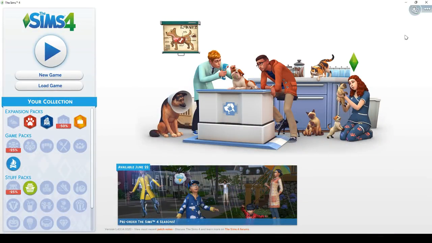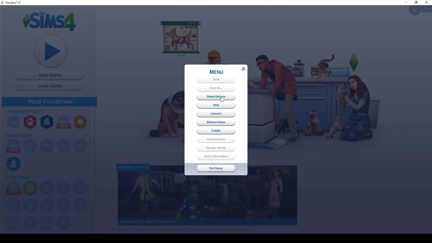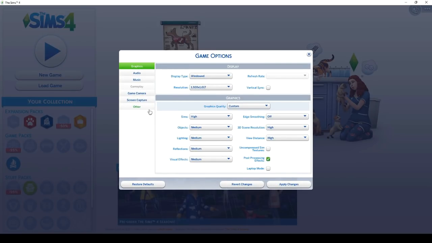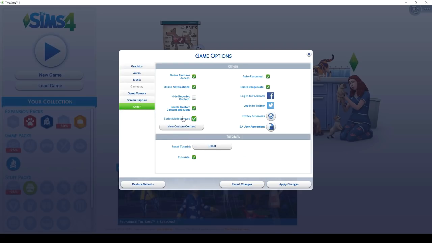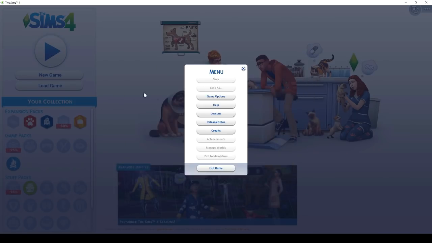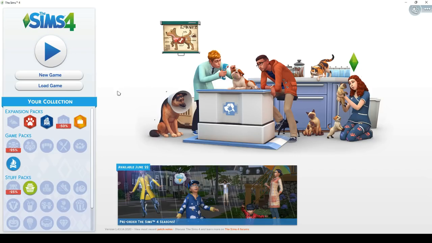How exciting. Okay, so I've loaded up my game here. I'm going to show you guys that setting that I was talking about. If you open up your settings and go into other, enable custom content and mods and script mods allowed. Those are the two that you need to make sure are on. If those are not on, no mods are going to work in your game, especially if the Wicked Whims mod is the first mod